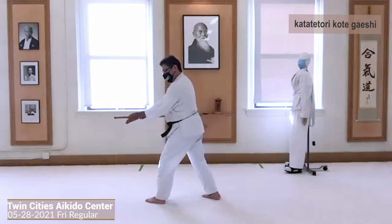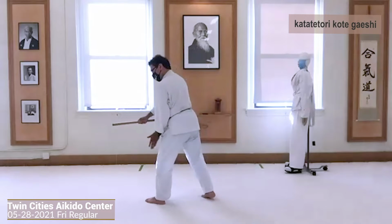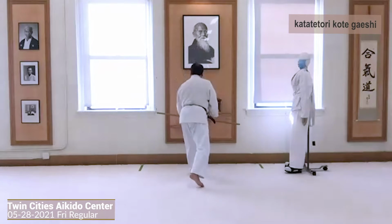Tenkan, kaiten. Now my fingers are all pointing forward. Now from here, I've got my left foot in front. I tenkan around that left foot. Okay, so